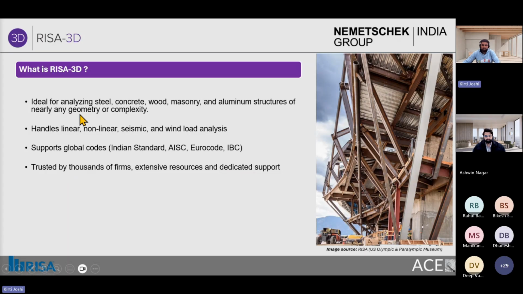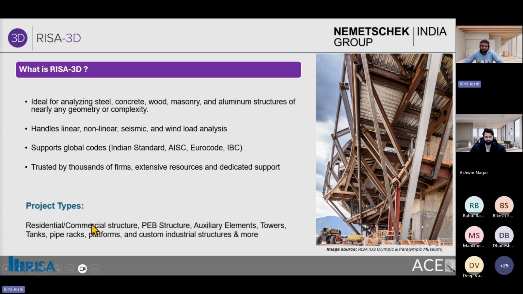So, for today, our focus is steel, specifically AISC-based steel design, and it handles linear, non-linear, seismic, and wind load analysis. And like I mentioned, it supports multiple codes. These six are critical because AISC 360 design is never standalone. It is always linked with the ASCE 7 load checks, like the stability check or even the secondary effects, all of that. And RISA 3D is trusted by a large number of firms worldwide, and due to its